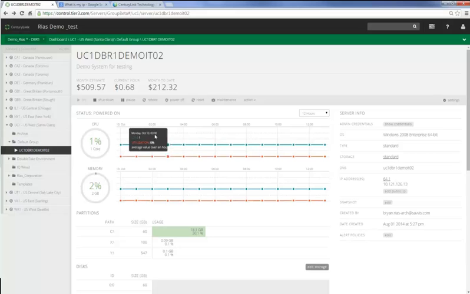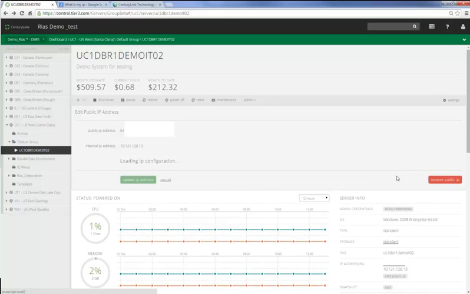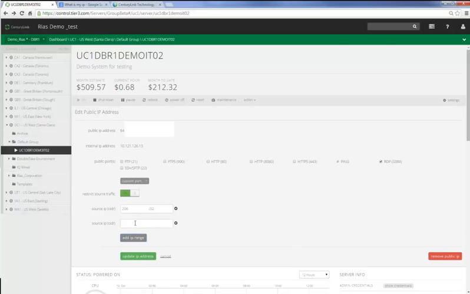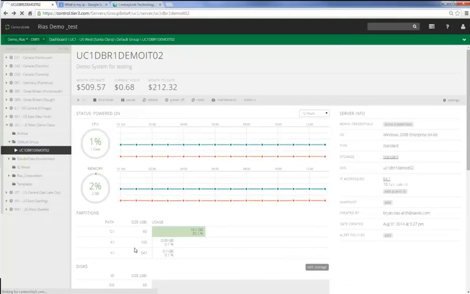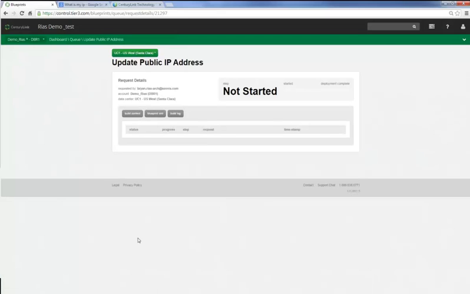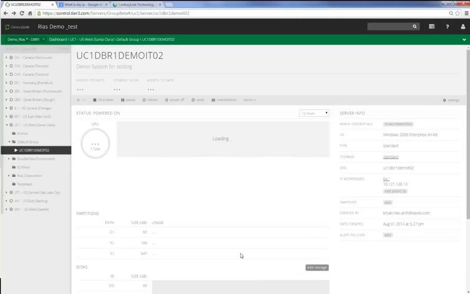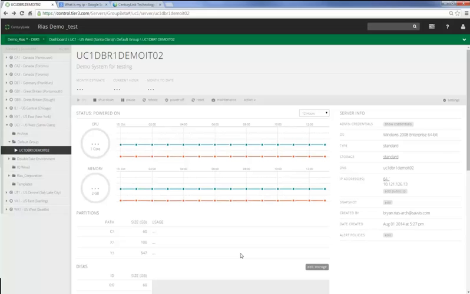I'm going to go back over here to that public IP address and add my local system's IP address so I can access it from that point. Mine is a 99 IP address. After I add an additional address to be able to access this public IP address, I hit update IP address, and again that will kick off a queue to make the request to the firewall. We'll give that a little bit of time to make the